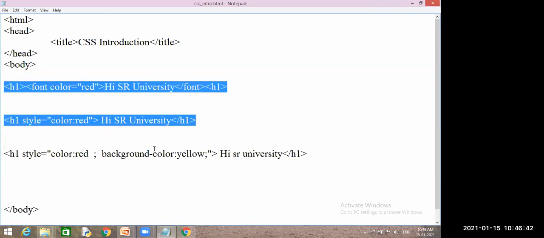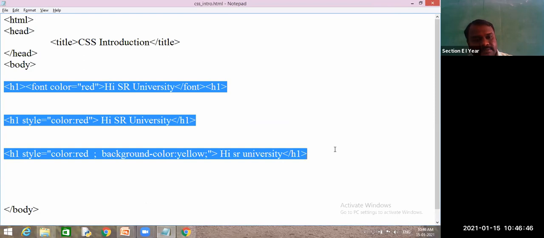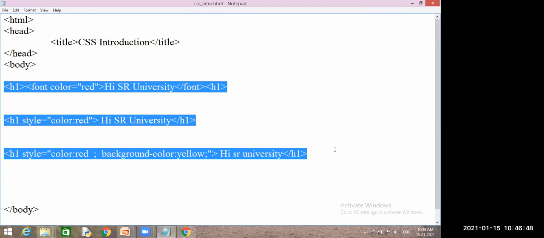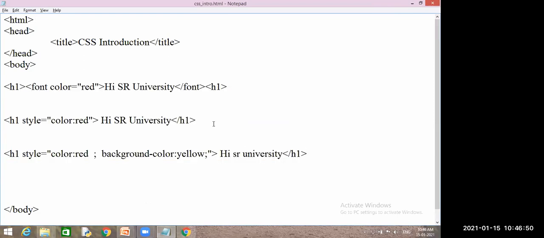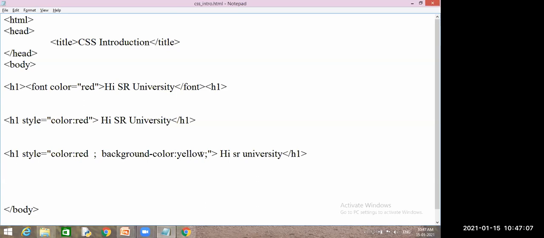So among these three lines, which are coming under CSS? Two and three. The second one is CSS and the third one is CSS. But when you go for the second line, how many properties does it have? Only one property. Okay, but when you go for the third line, which contains multiple properties, two is nothing but multiple, or not? Yes, sir.